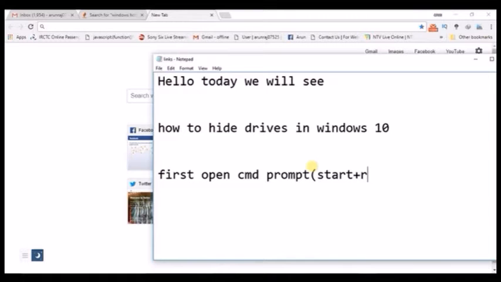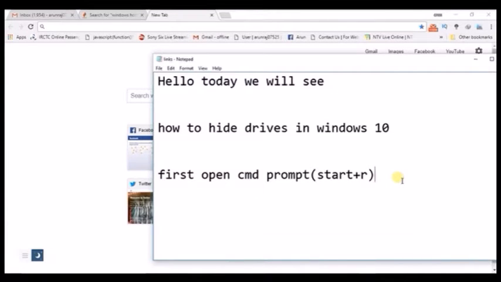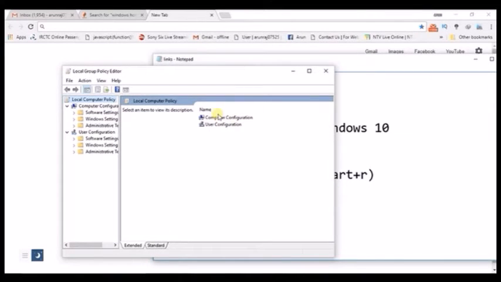First, press Windows plus R, which opens the Run command, and you need to execute a command: gpedit.msc. You need to type it exactly, gpedit.msc. Windows R and gpedit.msc will open the Local Group Policy Editor, where we can find the option like User